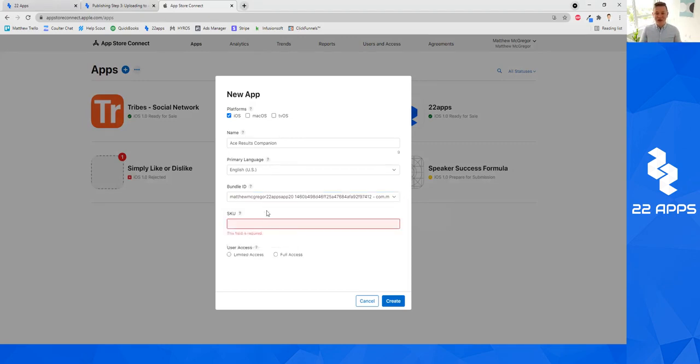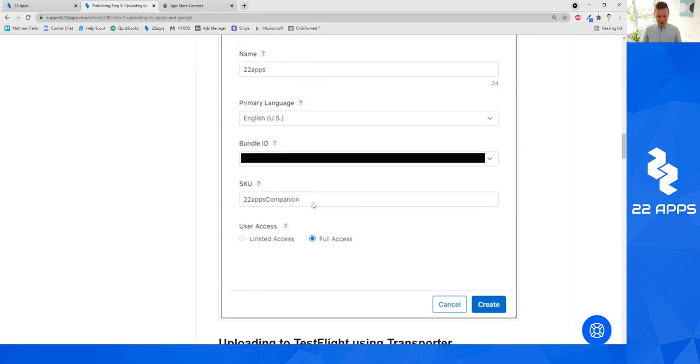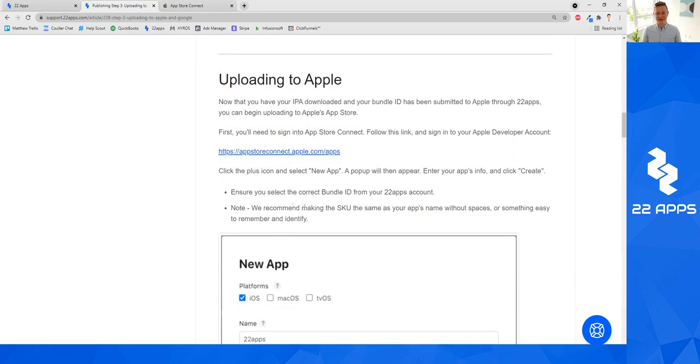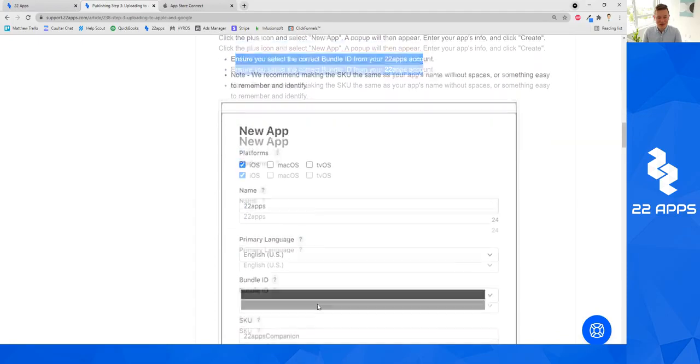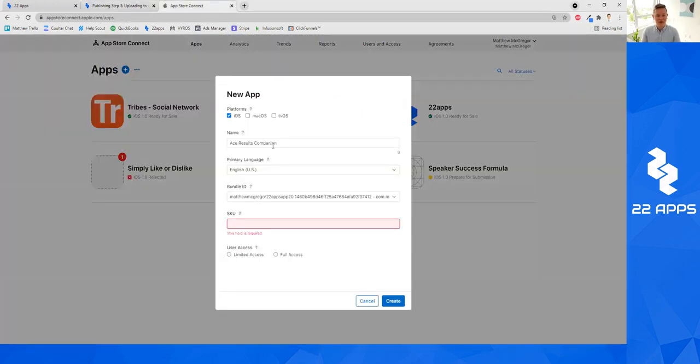Then the SKU, you can technically name this whatever you want, but the easiest thing to do is simply to title it the name of your app. So as you can see here, where it says, first click New App, ensure you've got the correct bundle ID, which we selected, and then it says, note, we recommend making the SKU the same name as your app's name without any spaces, or something easy to remember and identify. So what we're going to do is we're just going to copy this and put Ace Results Companion without any